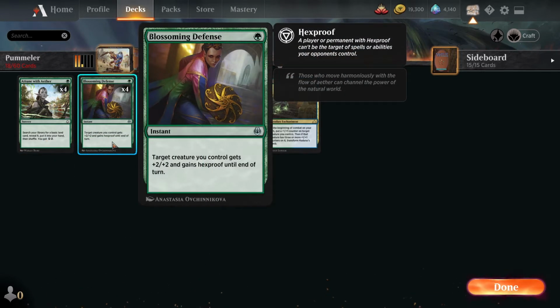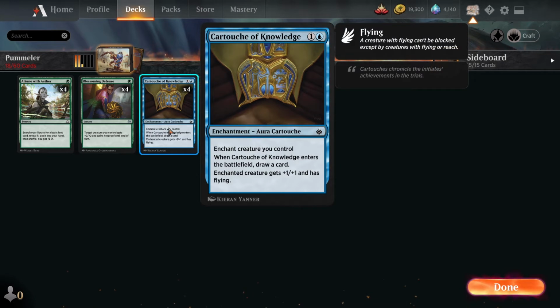Blossoming Defense, also for 1 mana, helps us just protect our creature, and the +2/+2 pump is also really helpful in a pinch. Cartouche of Knowledge is also pretty sweet here, as it allows us to draw a card so it replaces itself, and by giving our creature +1/+1 and flying for evasion, it makes it much easier for either our Pummeler or our Hydra to swing in without being